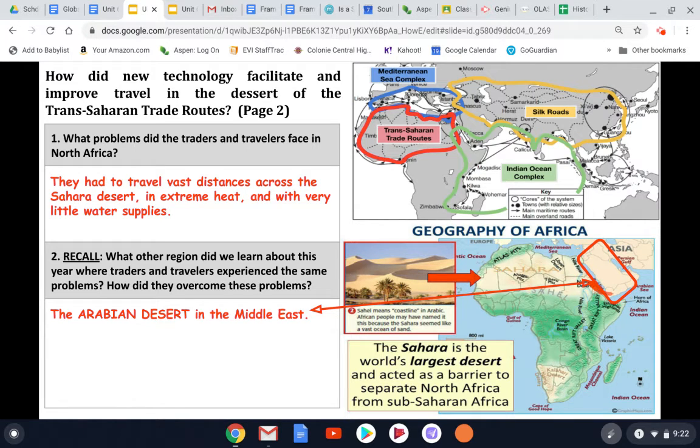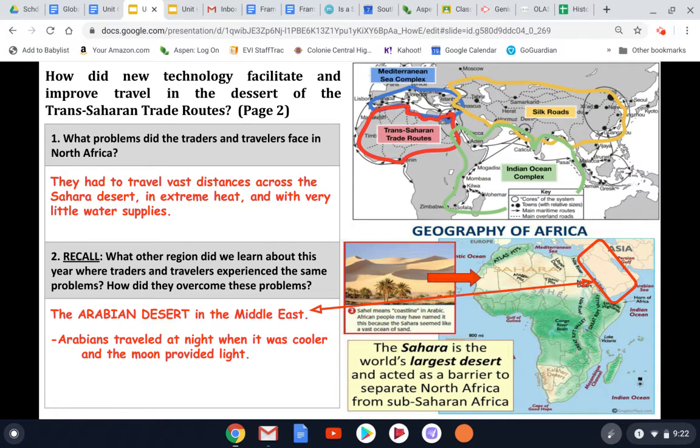Most of this Arabian Peninsula was desert. Around the edges, you had some more coastal and vegetative areas, but they had the same issues of crossing this desert as they were going through these trade routes that connected in the Middle Eastern region. So if we think back to how the people in the Arabian Desert overcame the problem of having to cross a very hot desert for miles and miles with very little water,